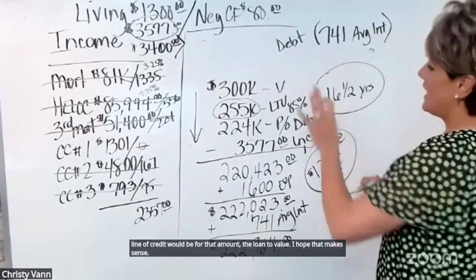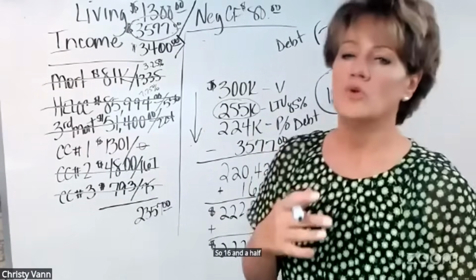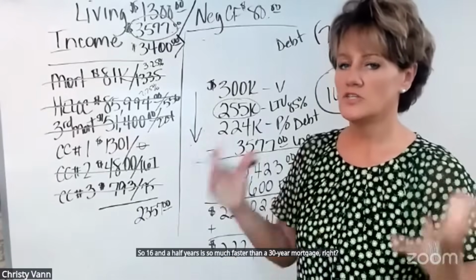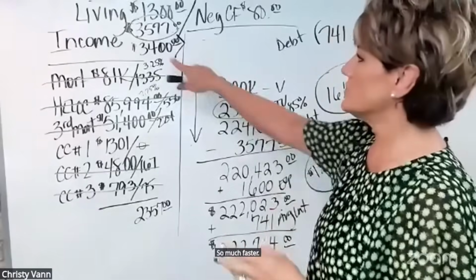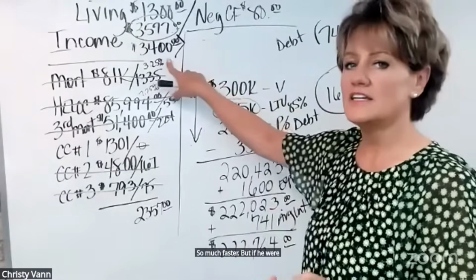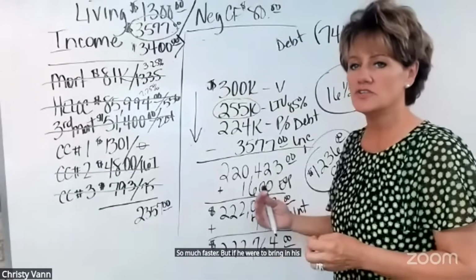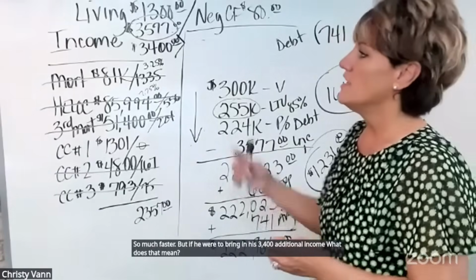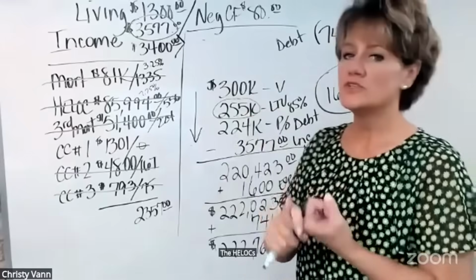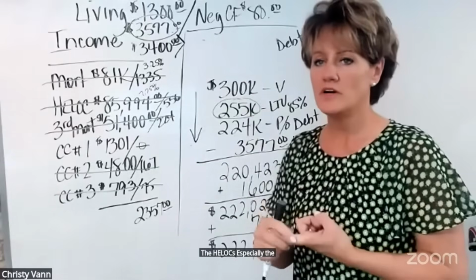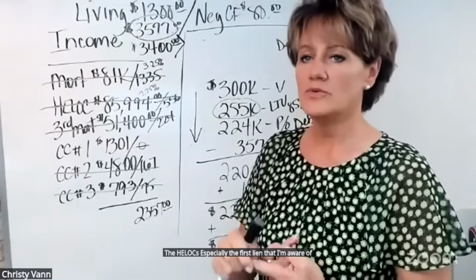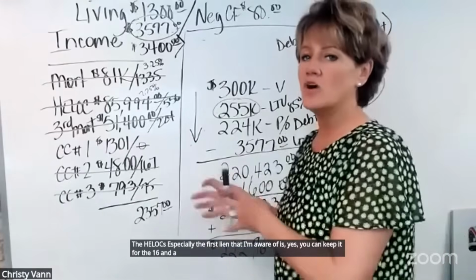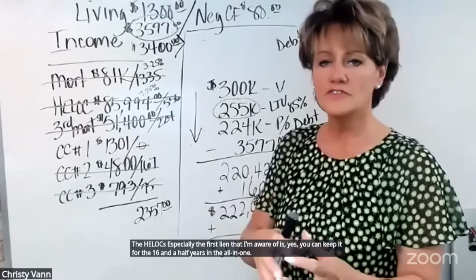So 16 and a half years is so much faster than a 30-year mortgage, right? So much faster. But if he were to bring in his $3,400 additional income, what does that mean? Okay. The HELOCs, especially the first lien that I'm aware of, is yes, you can keep it for the 16 and a half years in the all-in-one. It's the same thing as a first lien,